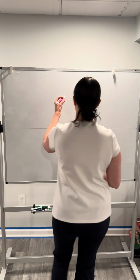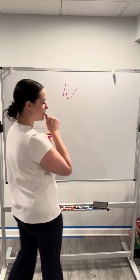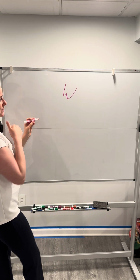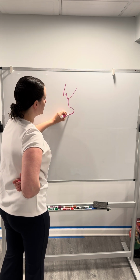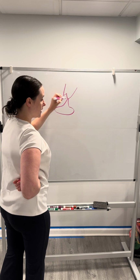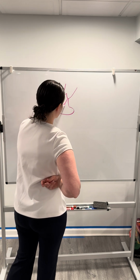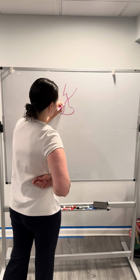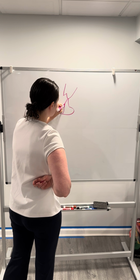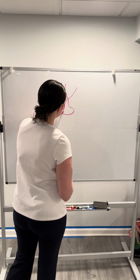Okay, so the hypothalamus is in the brain. It's kind of shaped like this, right? That's the hypothalamus. And connected to that, or hanging off of it, would be our pituitary gland. It has 2 different regions, a posterior pituitary back here and an anterior pituitary. I'm going to draw this in a different color just to show that these are 2 different